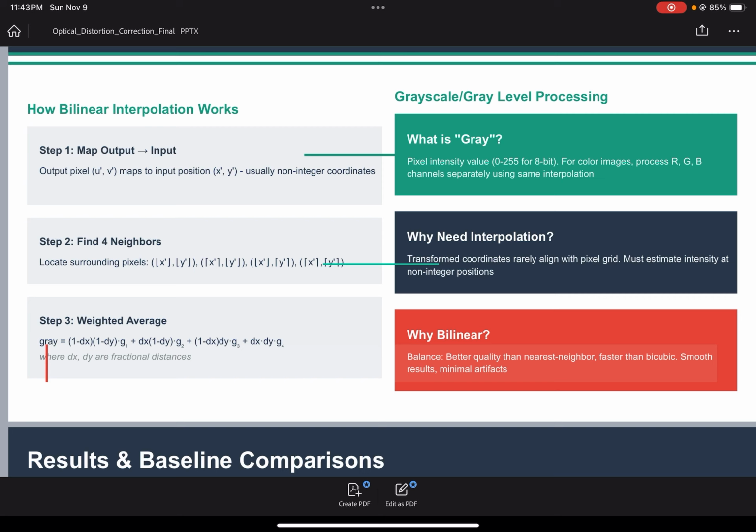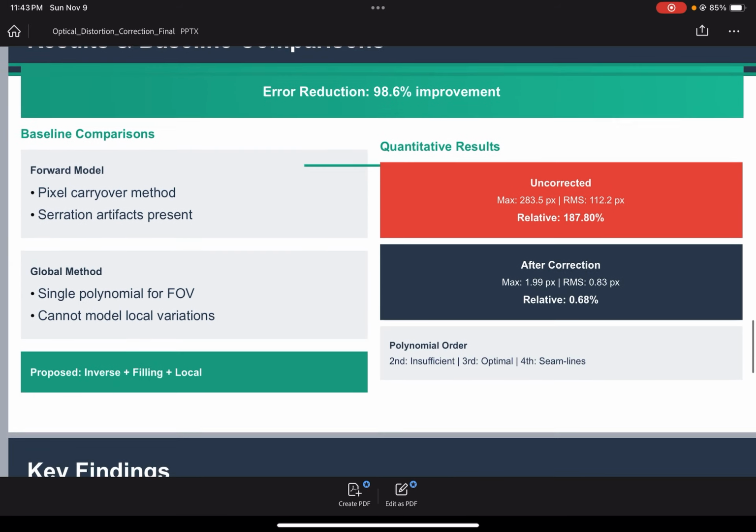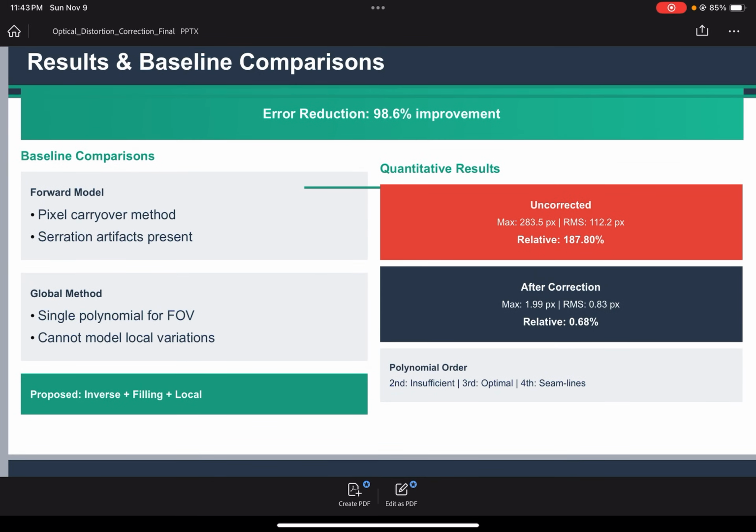I think we can go to the next slide. Based on my understanding from the paper, we can now go to the results and how this method compares to the baseline approaches. They achieved an impressive 98.6% reduction in distortion error, and they compared their method against 2 main baselines: the forward model using pixel carryover, which is basically